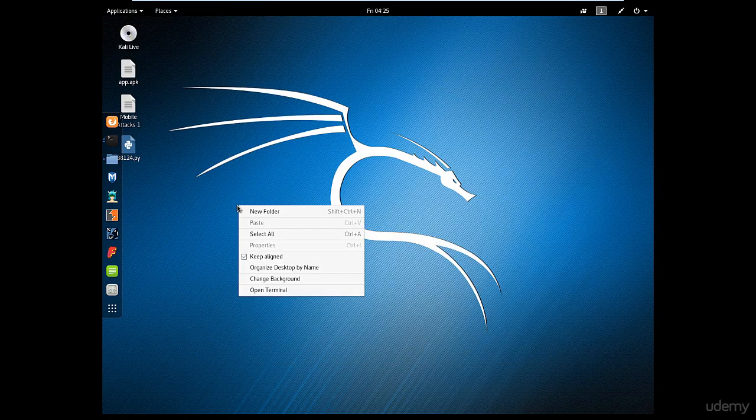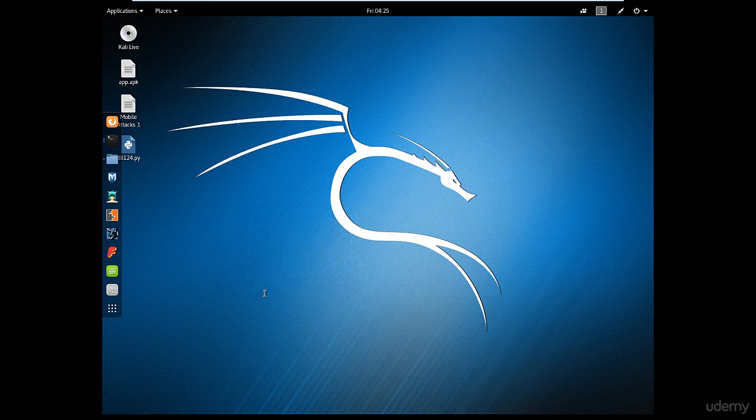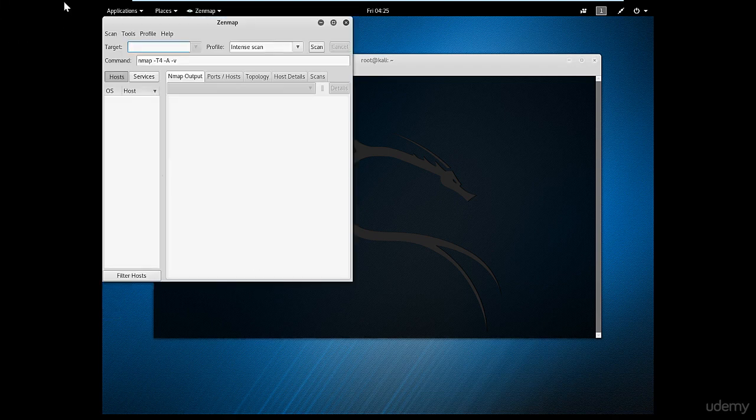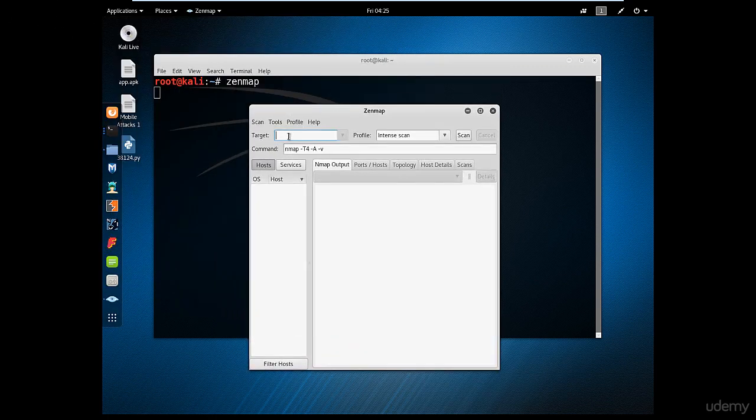So let's use the GUI for Nmap, which is much easier and gives you much more information. Open terminal and type Zenmap. Zenmap. And open Zenmap. It will open the graphical interface. And here you just need to type the IP. You could put one computer like this, 192.168.142 and whatever IP,